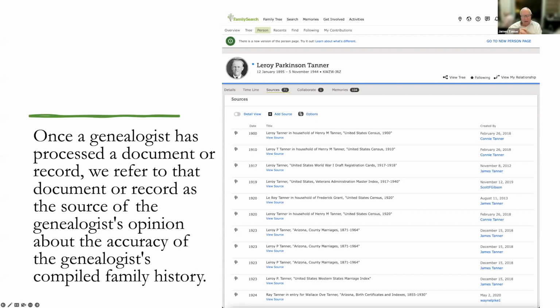So if we take the first entry here, where my grandfather was in the household of his father, my great-grandfather, in the 1900 census, that means that I looked at the 1900 census. I took the information that was there, and I used it in my family tree in some way. And then I also put a source citation in here to indicate that that's where that particular piece of information was located. And the reason that's there is so that we can determine the accuracy or validity of the